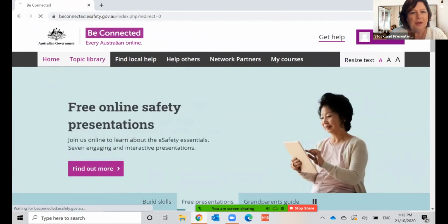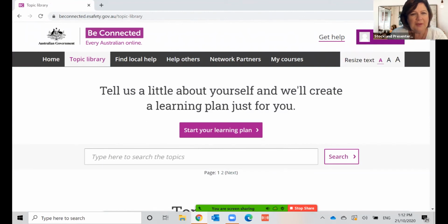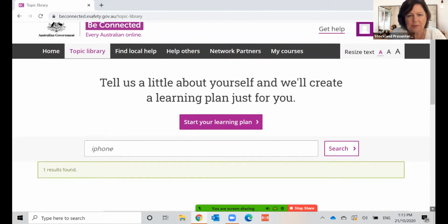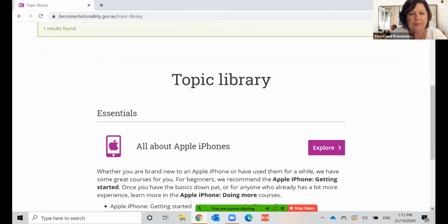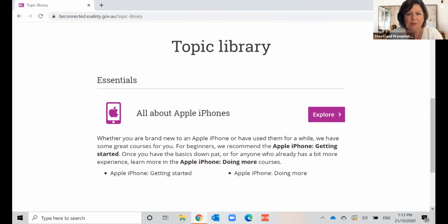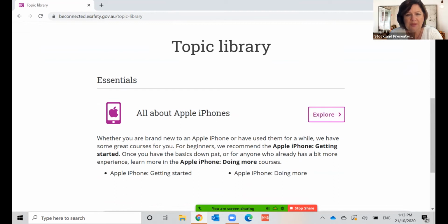Across the top is your topic library. So let's say you want to start your learning plan, and let's say you want to know about an iPhone. So if you put in iPhone, for example, and go search, it'll find a result, and if you scroll down, it'll show you what that result is, all about Apple iPhones. So have a read about that. Does that look relevant? Sure. So you go to Explore,